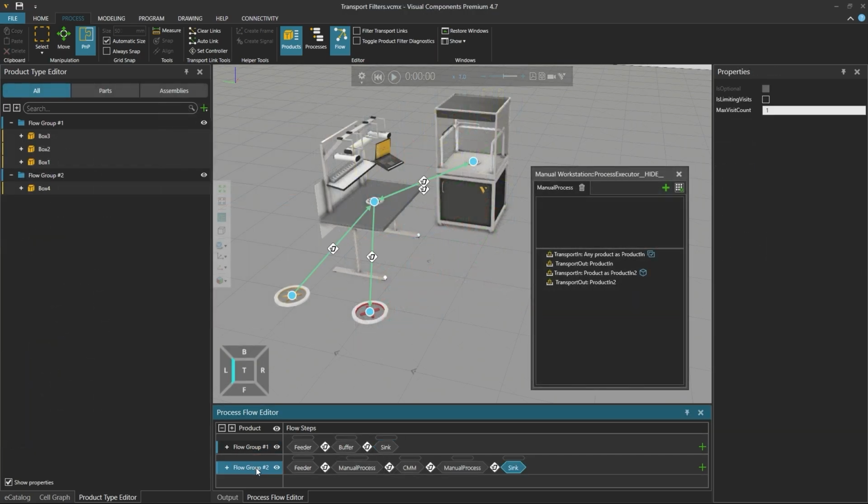The last filter is called specific product. This filter is used if in a process you want to return or pull back a specific product that has left the process. In this example, the product leaves the process to visit a CMM process, but we want to make sure that it returns to a previous process.